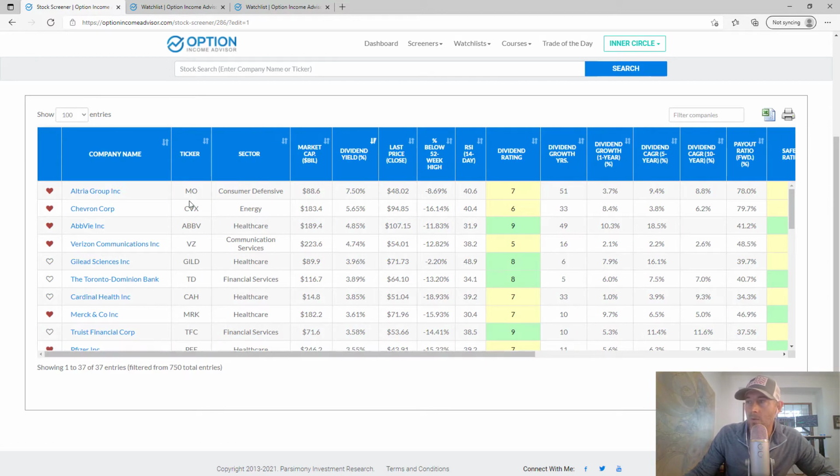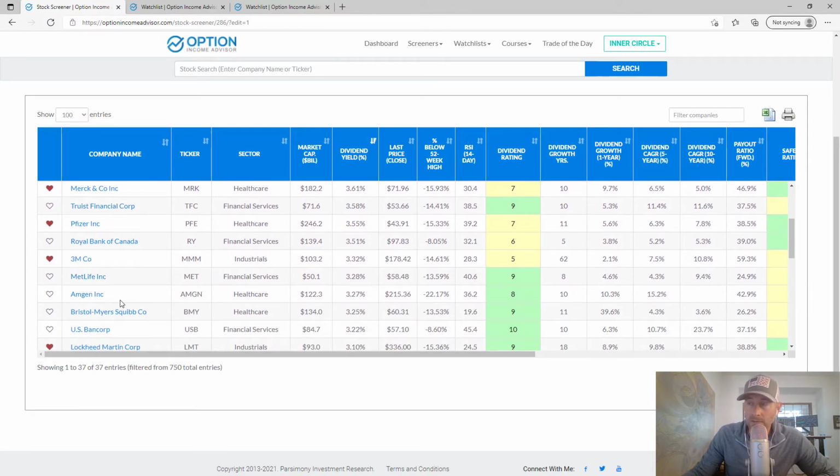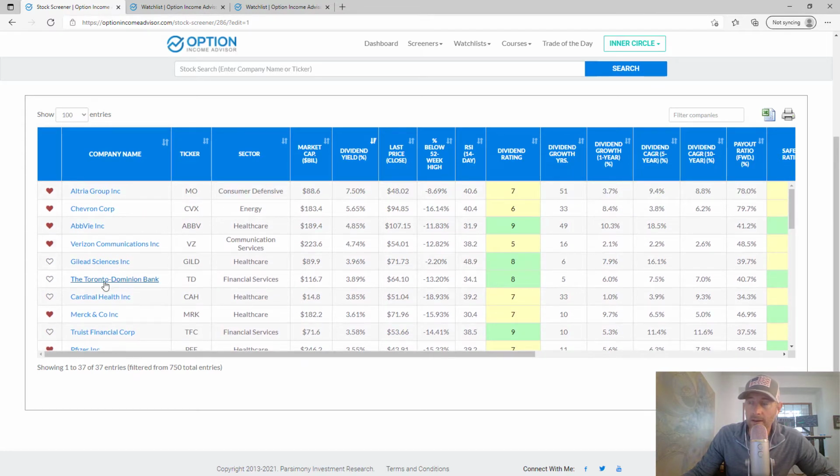So from here, what you do, right, is you find stocks that meet your criteria. And look, this may be one of those screens where maybe you do add most of these stocks to your list, but you can see any of the ones with hearts highlighted right here are ones that I've already put on the list. And so, again, this is a process, right? You screen for stocks, you filter out the noise, and then you go dig into each of these a little bit deeper to figure out which ones you want on your list, right?